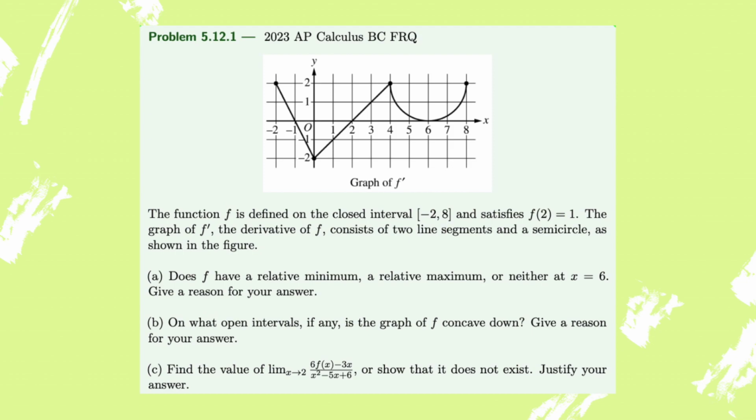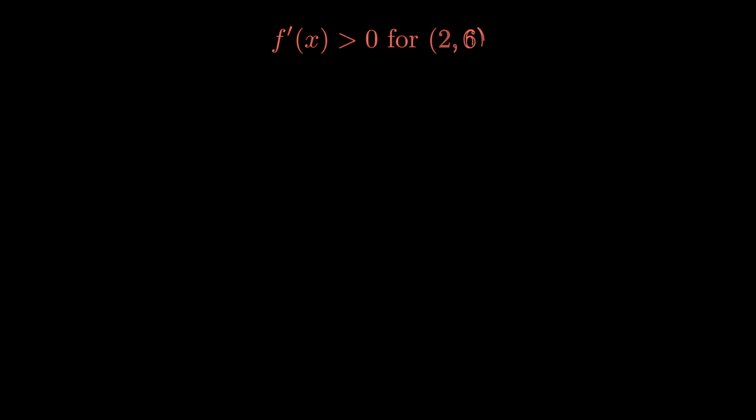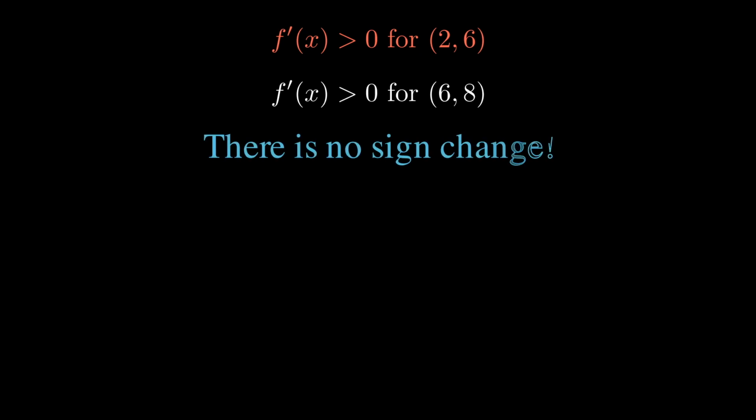So part A wants us to find if the function f has a relative minimum, a relative maximum, or neither at x equals 6. Well, a relative extremum will exist if the sign changes at x equals 6. So in this problem, we're already given the graph for the first derivative. So we can see that at the points to the left of 6, it's above the x-axis, so it's greater than 0. And then the first derivative is still greater than 0 to the right of 6. So the sign does not change,